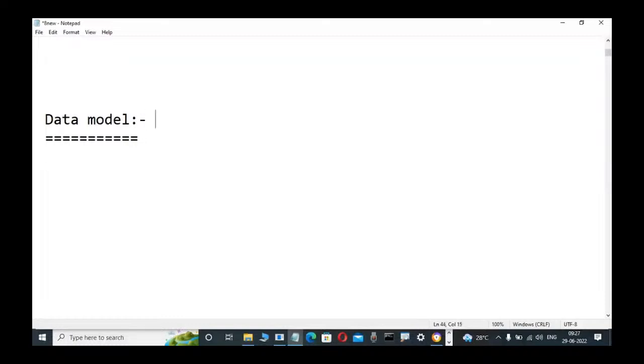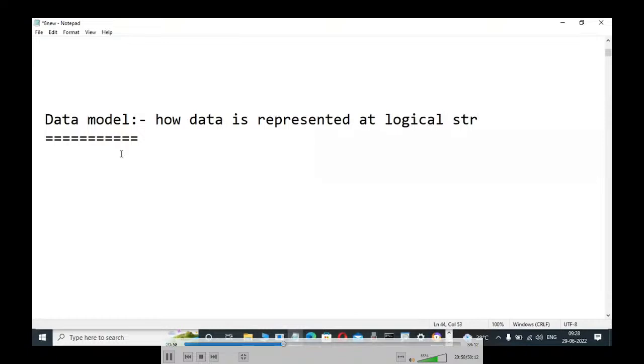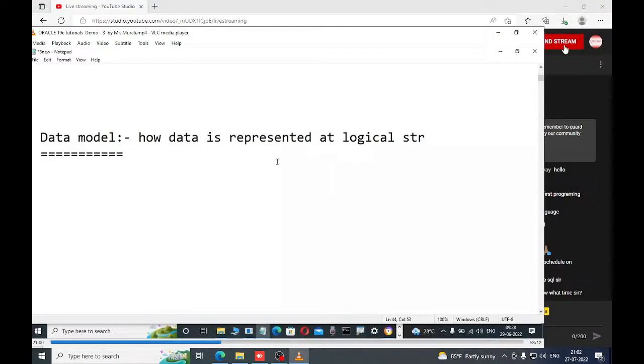Actually, how data is represented at the logical structure of the database is called the data model. Observe here, how data is represented at the logical structure of the database, not the physical, is called a data model only. Suppose